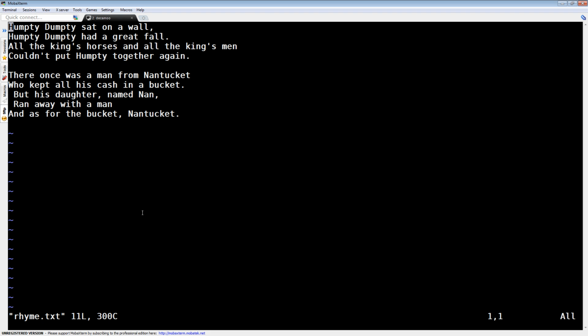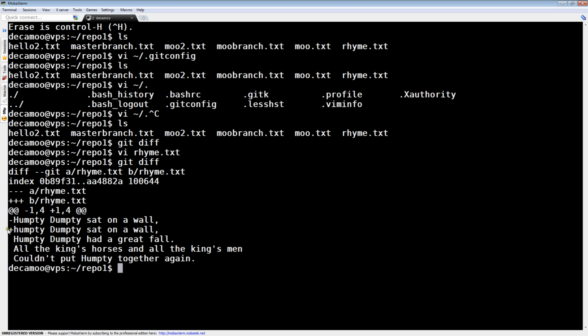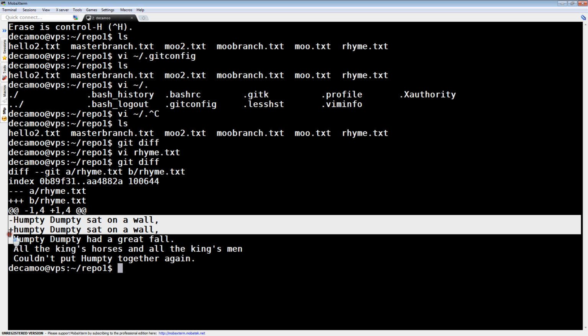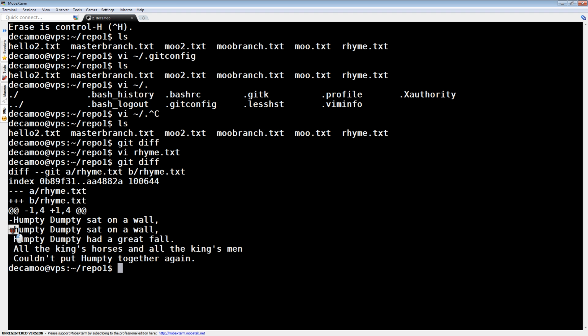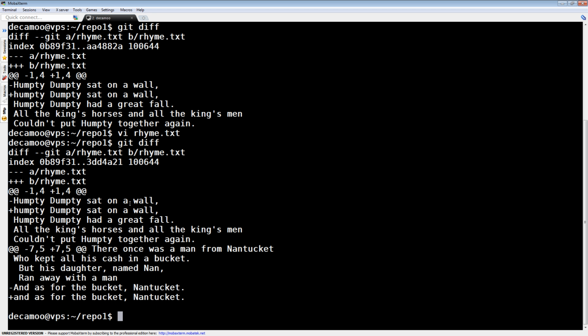Let's create a little change there. Let's change that H there. You can see git diff will show us the difference in this line. Obviously we remove this line, add this line. The only change is this capital H brought down to a lower h. And if we add another file, say here there's a lowercase a, and we could do a git diff again,